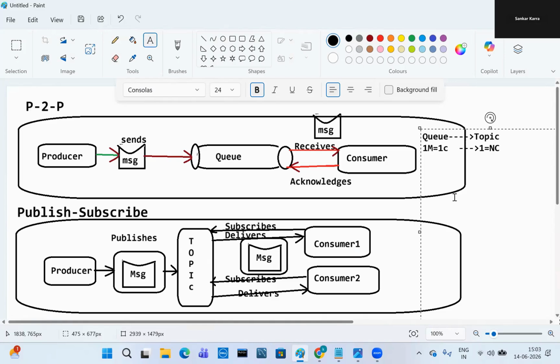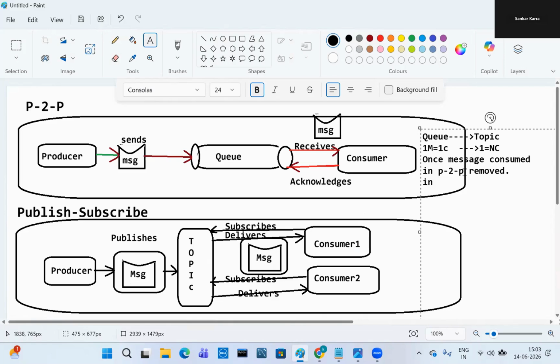So multiple consumers, right? So once a message is consumed in a queue, it is removed. In P2P, it is removed.